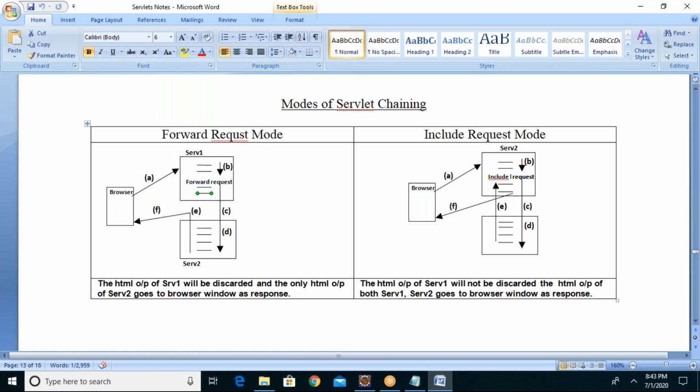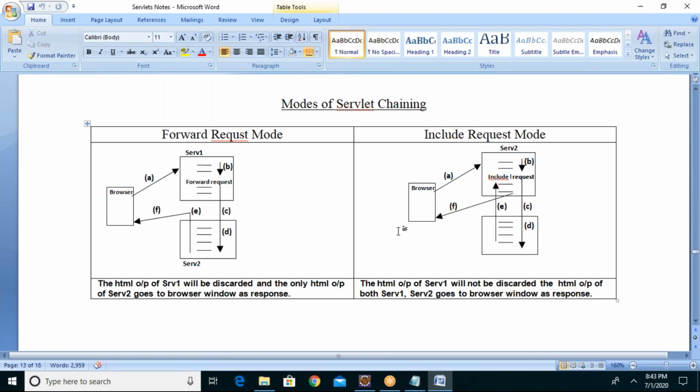Is the output of the first servlet included? No, it is discarded. But in the include mode, the first servlet calls the second servlet, and the second servlet's output and the first servlet's output are both included, then go to the browser. So in the include mode, two servlets' outputs are included in the browser.